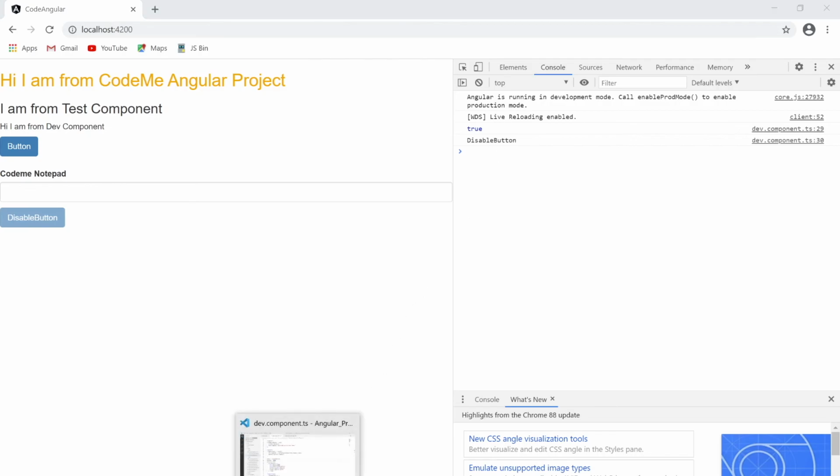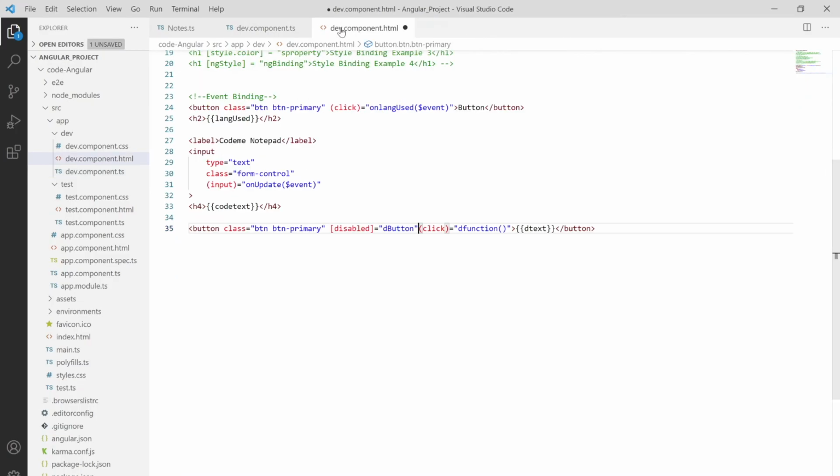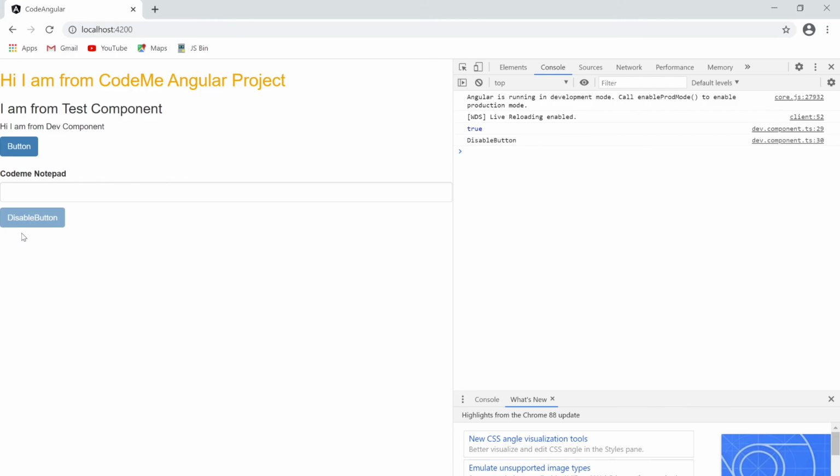If you want that to be fast, simply provide the time as 100, so it will be a bit faster for you. And you can see the enable button hit and it's going to disable. So that's how that enabling and disabling will work, and also how you can bind certain events and check which type of event is there, or you can also get the value of the event by using dollar event, which is the reserved variable for Angular, and also a special variable. It will give all the information about the event, and over here we are using the text event.